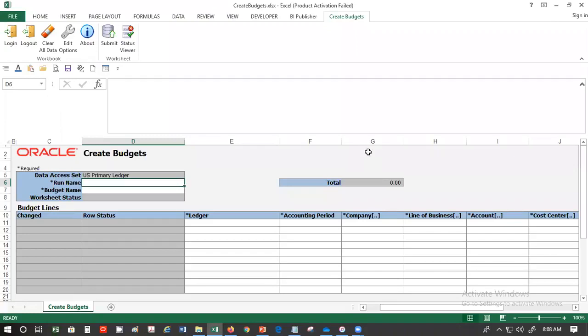So here you will have to specify the different values. The run name is, we are creating a budget. So let's say SP budget, and